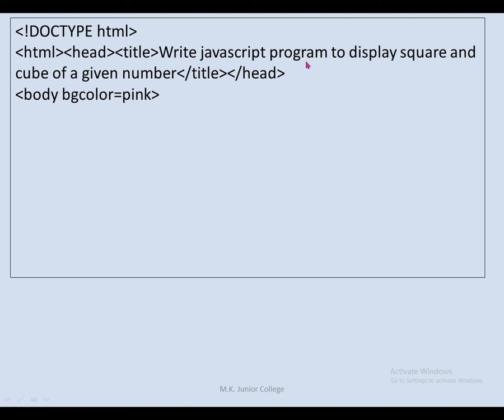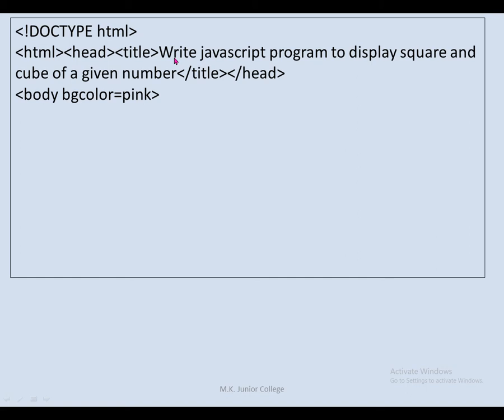See the question, written at the beginning: write a JavaScript program. That means it's a simple program, and you don't have to use any event here. If the question says write an event-driven JavaScript program, then the structure of the complete program is different. There you have to use some keyboard event or some mouse event. This year all programs you have to do with the help of a mouse event, that is the onclick event. First we'll see this simple program. You are all aware of how to use JavaScript in this, and then we'll start writing the same program in event-driven style.